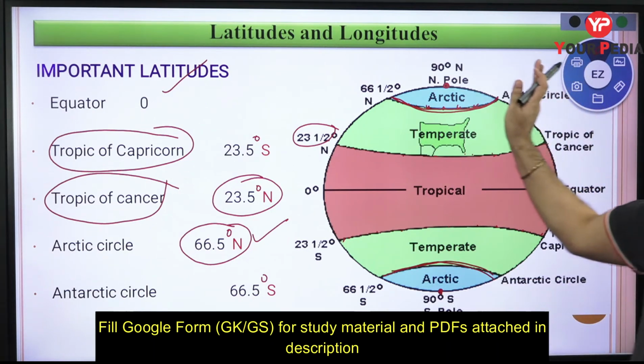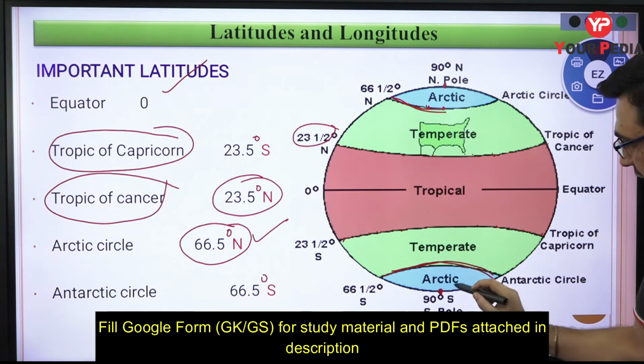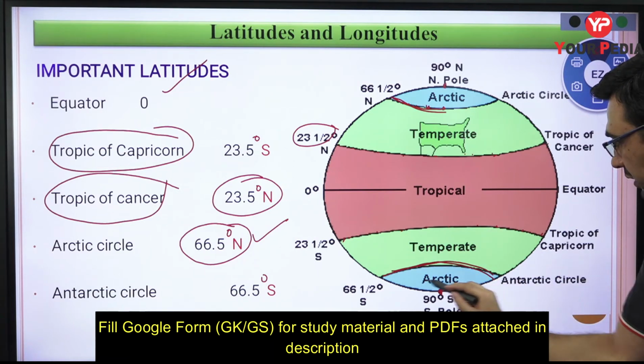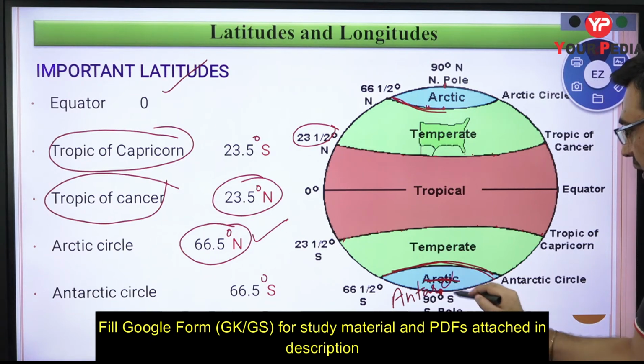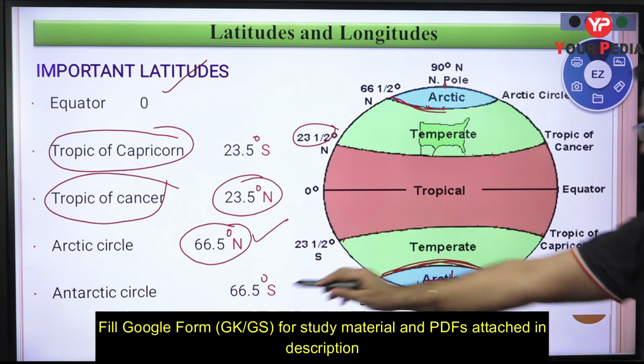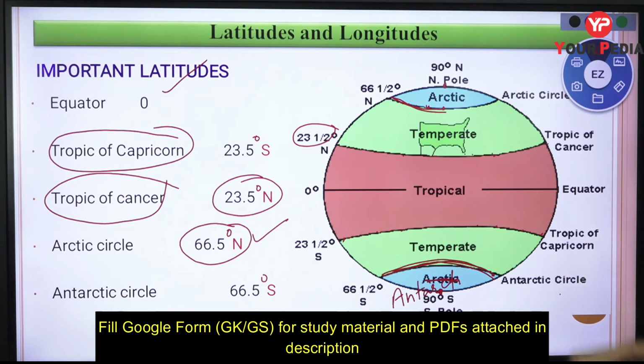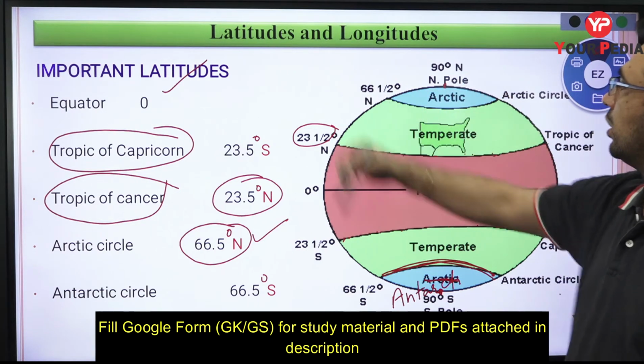So this is not correctly mentioned, this is not Arctic. Okay, this is wrong, this should be Antarctic. So this is the Antarctic Circle, that is appropriate. Over here it is mentioned over here. Now